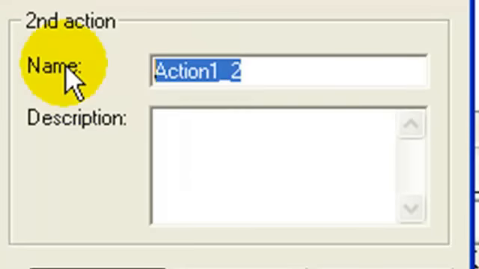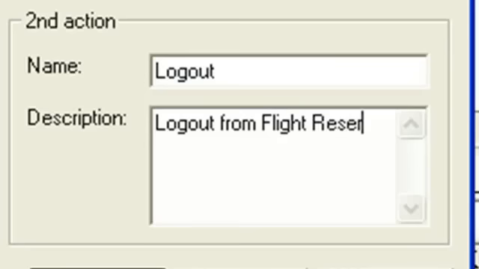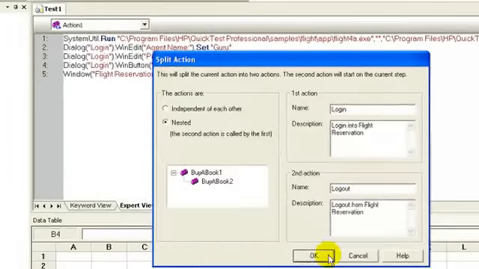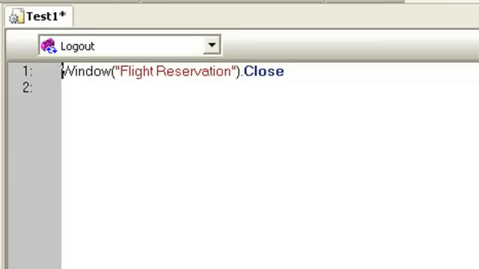Name the second action as logout. Click the OK button. The action is split. The logout action consists of the close window step.